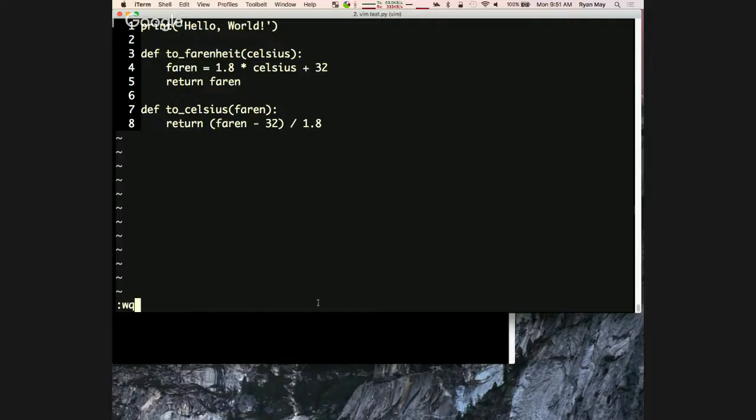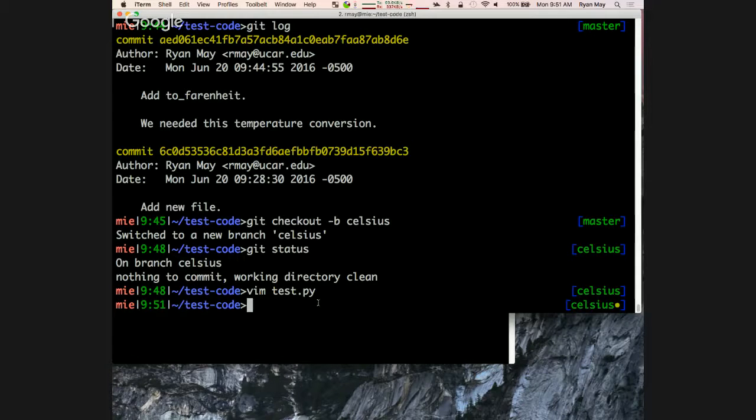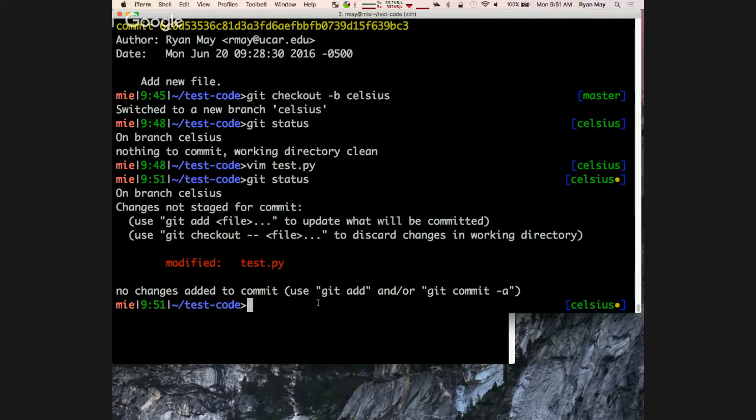All right. Anyone need this up there longer? All right, so I've saved it. Git status. All right, I've modified test.py. Git add test.py.